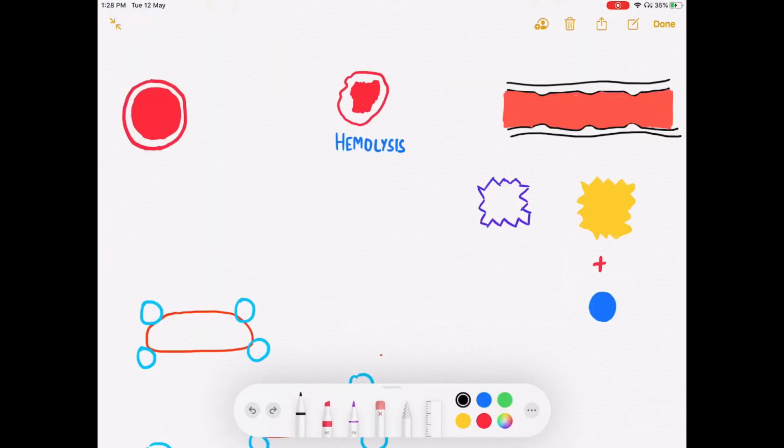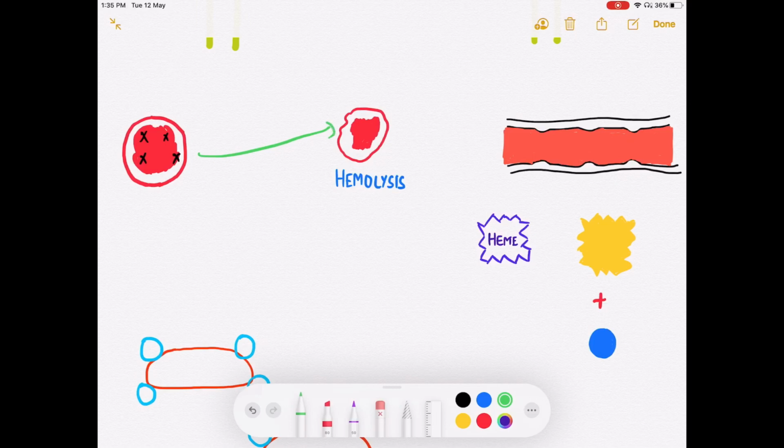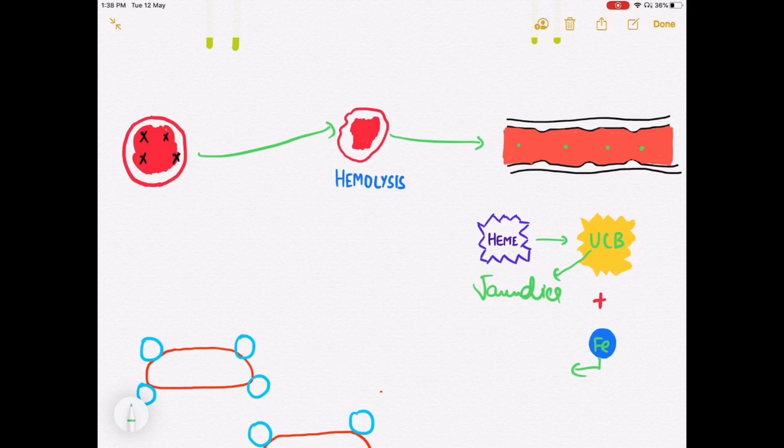When there is reduced beta chain synthesis in the body, the free alpha chains accumulate within the RBC and form inclusions. These inclusions damage the RBC membrane, and this leads to excessive hemolysis, which causes the free hemoglobin to enter directly into the plasma, where the heme is recycled back into unconjugated bilirubin and iron. This increased unconjugated bilirubin can manifest as jaundice, and overaccumulation of iron can cause secondary hemochromatosis.